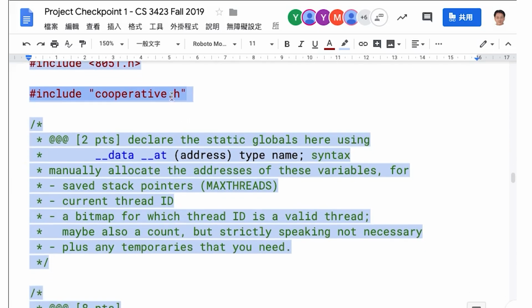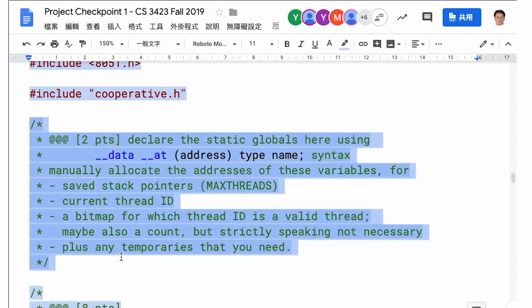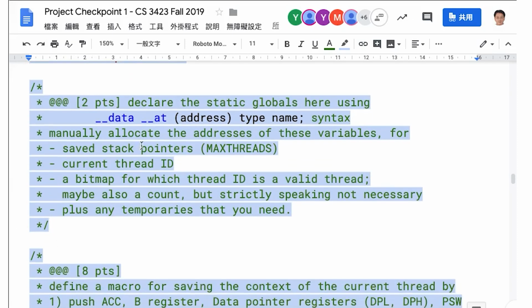And then include cooperative.h. So now we're in the .c file. We saw the .h, right? So here, what do you have to do? Similarly, you declare the globals for use by the threads package. So you need to do